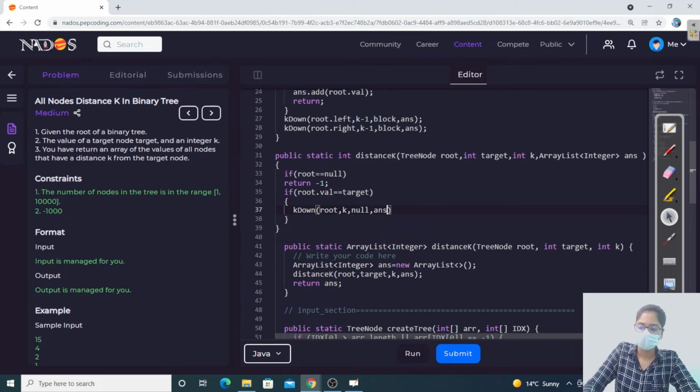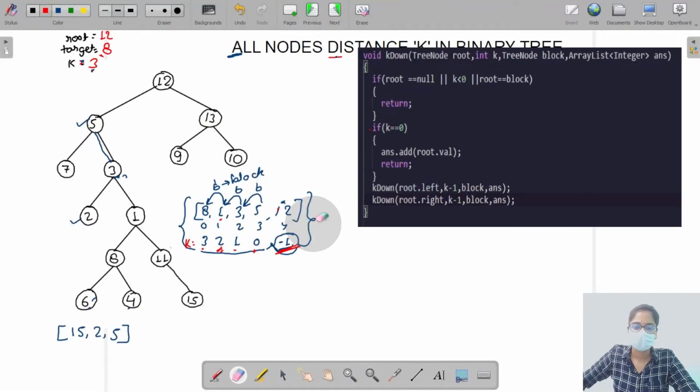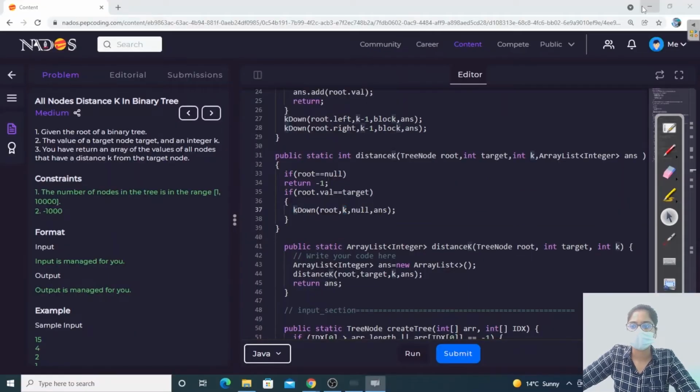If root dot value equals to target, then we have to call the function k levels down, and for that value of k will remain k. We won't be decrementing. For this, value of k will remain k, which was initially 3. So our next condition is,